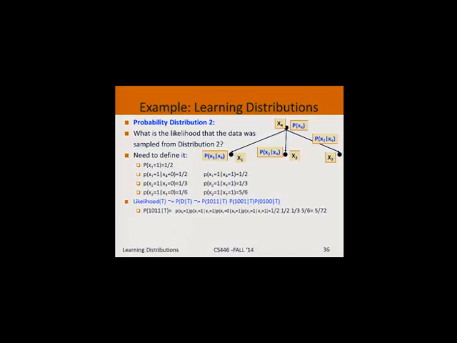So here x4 is 1, x1 and x4 are 1, so it's 1 and 1, x2 is 0 given x4 is 1, and x3 is 1 given x4 is 1. And I'm just reading these numbers from here. The only thing to notice is that P of x2 being 0, given x4 being 1, is not given here, but I know that it's 1 minus a third. So I put here